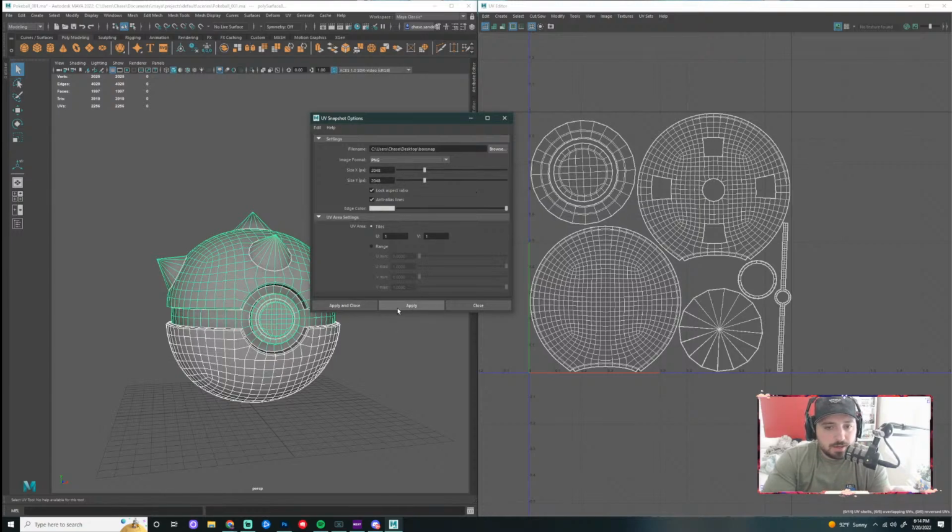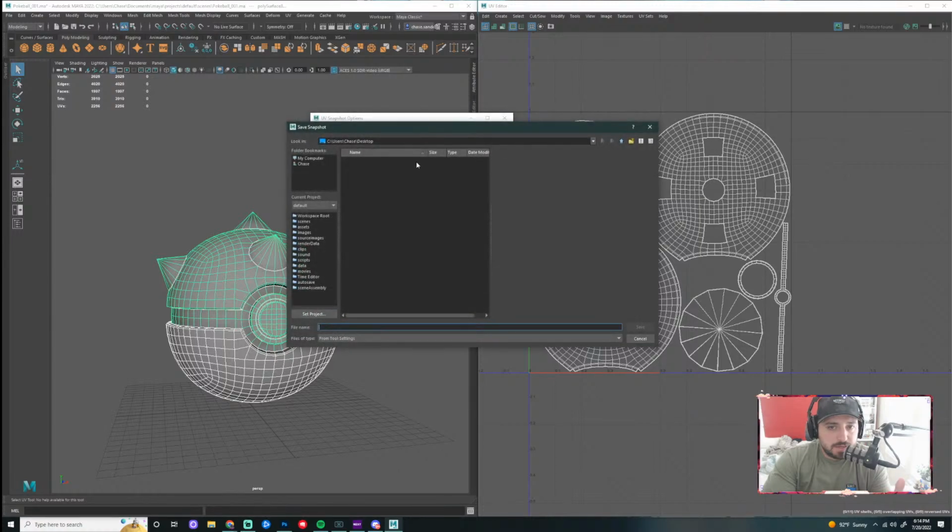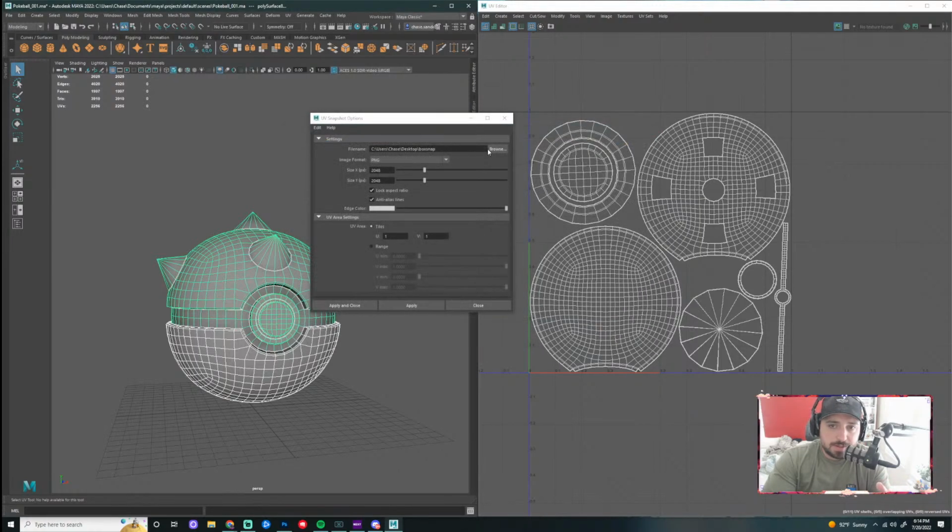That's fine, I think. And I'm going to hit where I can save them. Right now, it's just going to save it out to my desktop. You can browse to wherever you want. I shouldn't have clicked that because I knew it was going to jack up my Maya, but it's fine. I just need to uninstall 2022 and install 2023 and just be done with it, but I keep forgetting. It just lags every time I try to do anything in the save options.